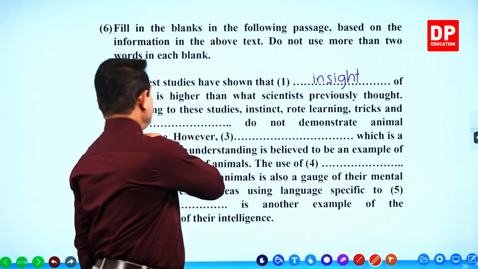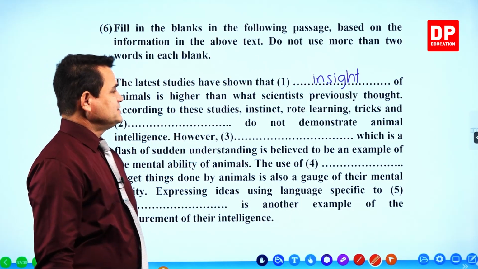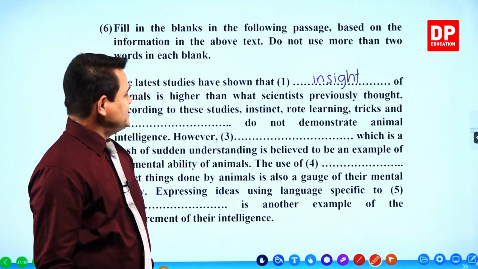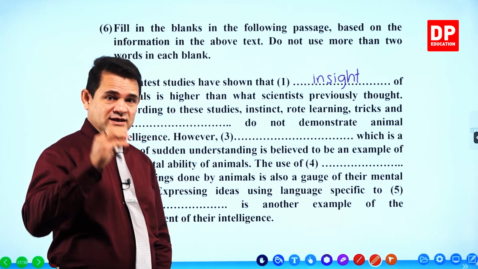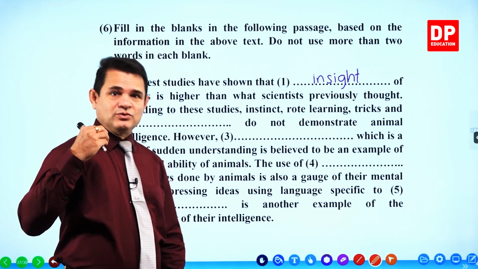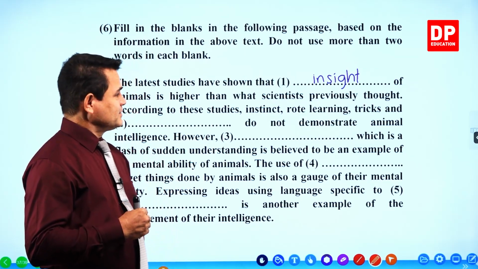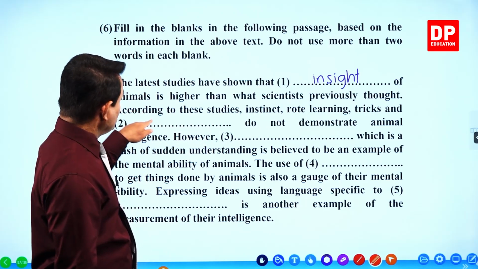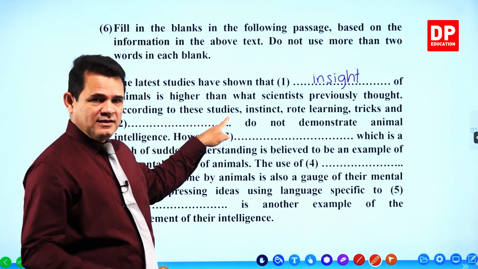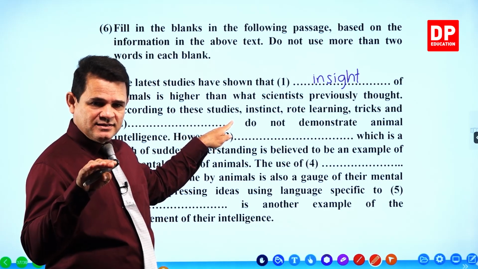Insight of animals is higher than what scientists previously thought. සතුන්ගේ insight එක කලින් අපි හිතුවට වඩා උන්ට වැඩි. Right, next. Therefore stop. According to these studies, මෙන්න මේ studies මේ අධ්‍යයනයන්ට අනුව